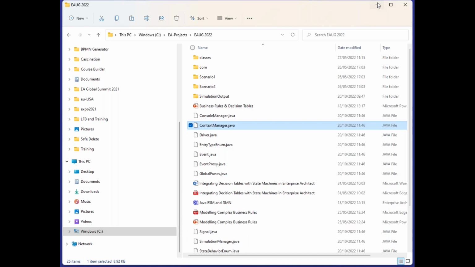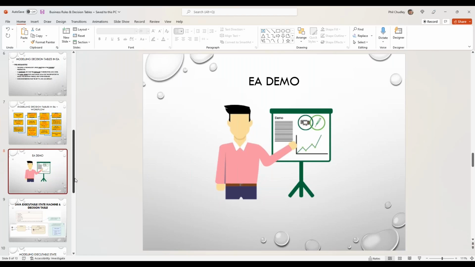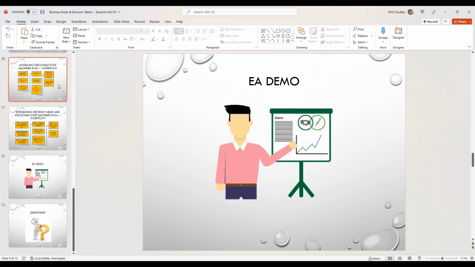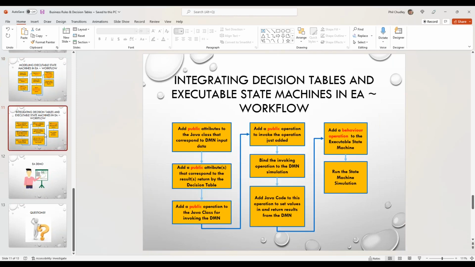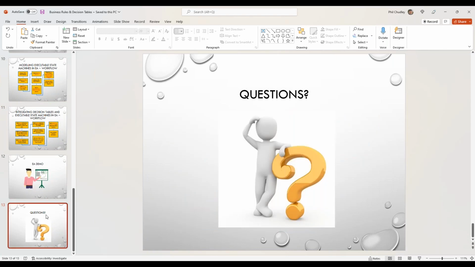So let's go back just very temporarily to the PowerPoint. I must admit, I did skip some PowerPoint slides because I wanted to get everything in. The PowerPoint slides we didn't see are just the workflow, the executable state machines. But before questions, this is quite complicated, and by demonstrating it on a pre-built model, you may still have issues, questions, puzzles, and so on.